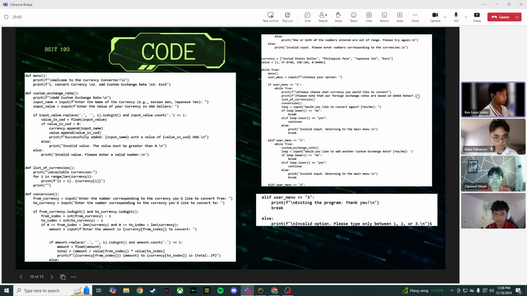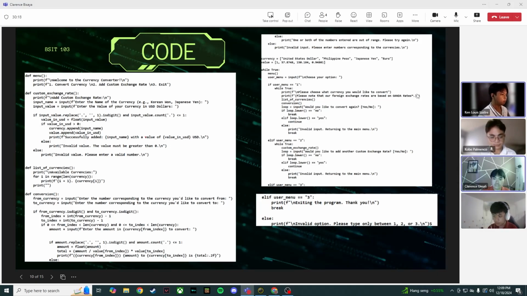add custom exchange rates, and exit the program when finished. Input validation ensures that only valid numbers and selections are accepted. If the input is not accepted by the program, a proper message will print. The program includes a feature for adding custom exchange rates where users can input a new currency name and its equivalent value to USD. The program validates this input to ensure it is a positive number before appending it to the existing list. These functionalities are executed in a continuous loop until the user selects the option to exit.